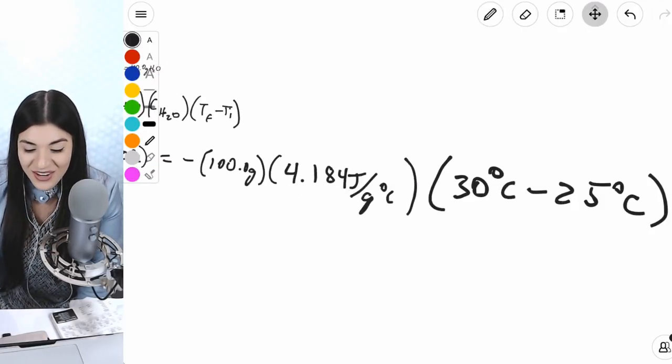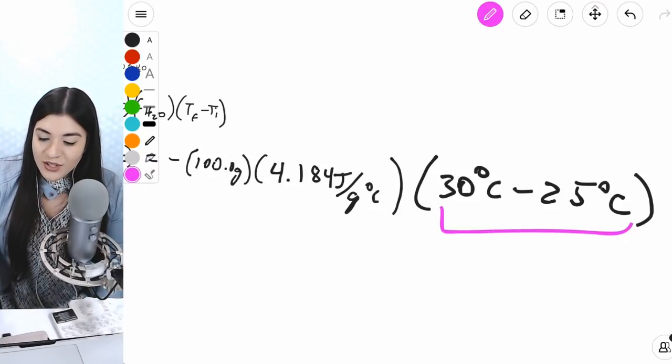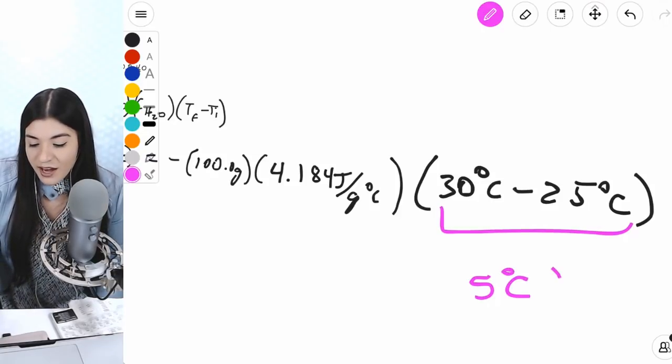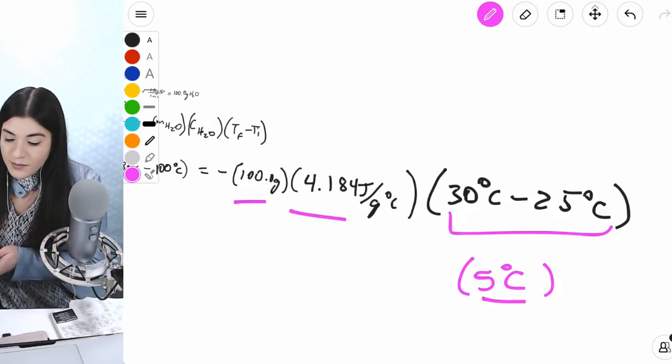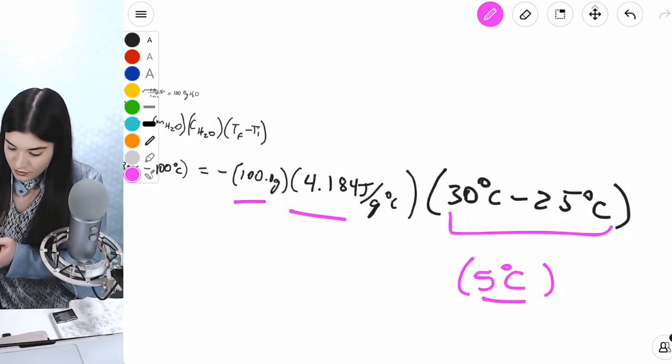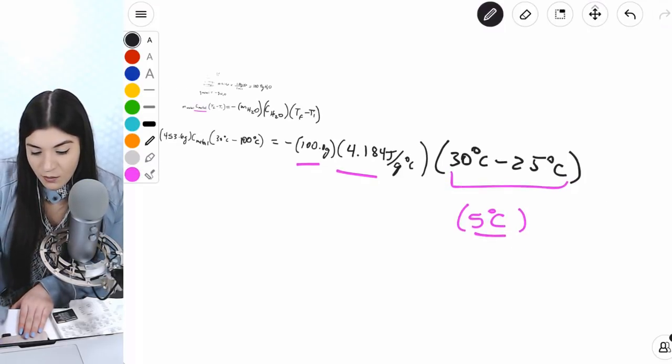Okay, so I'm going to start off with the right-hand side, and I'll do what's in parentheses first. Just subtracting those two values, that would have been 5 degrees Celsius. Now I'll multiply that 5 times 100 times that 4.184 times a -1. So multiplying all those together, let's see what we get. So on the right side, we'll get